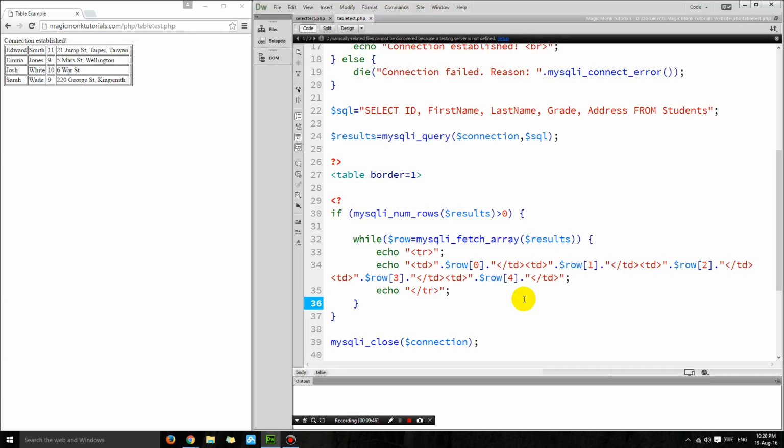Let's upload it, refresh it. Yep, so student 1, name, last name, age, what's that, address. So before that, okay, you could just print out the headings. So I'm going to print out tr, td, what's this, id /td, and then